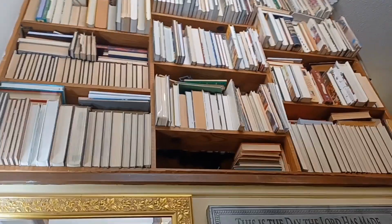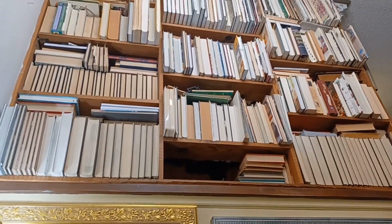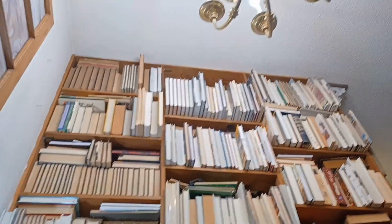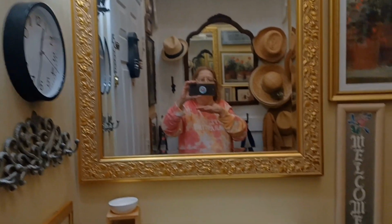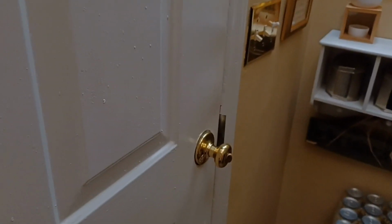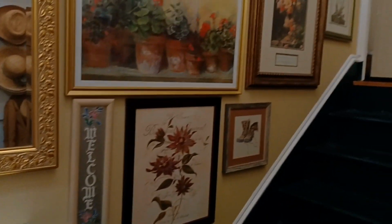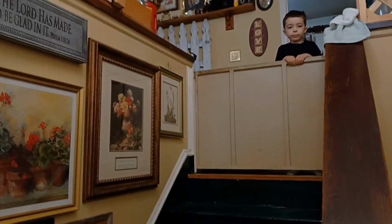And when you come in and come up the steps, you hardly ever look up. I hardly ever notice anybody looking up at these books. In general, they're just always looking right here when you come in the door. Here's the door. And then they are looking, as they come up the steps. So that's how